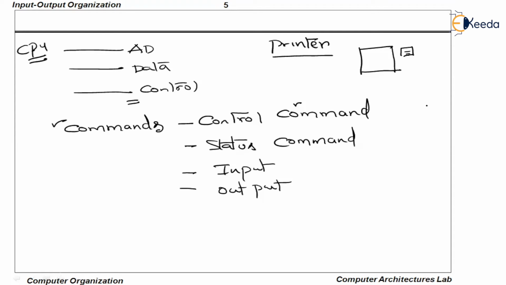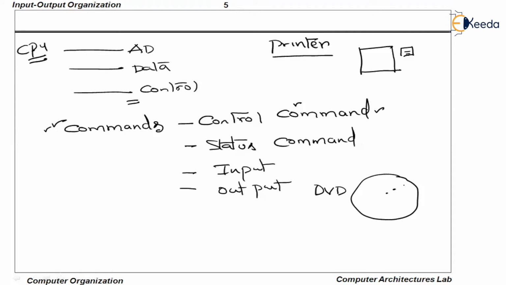At the same time, when it comes to a DVD drive, the disk should be rotated, right? As long as the writing or reading is being performed, the disk should keep on rotating and the head should move from one track to another track. So the movement of the head and the rotations of the disk will be controlled by these control commands. Appropriate control commands will be passed to the corresponding devices to perform the controls, rather, to control those devices when it is needed.